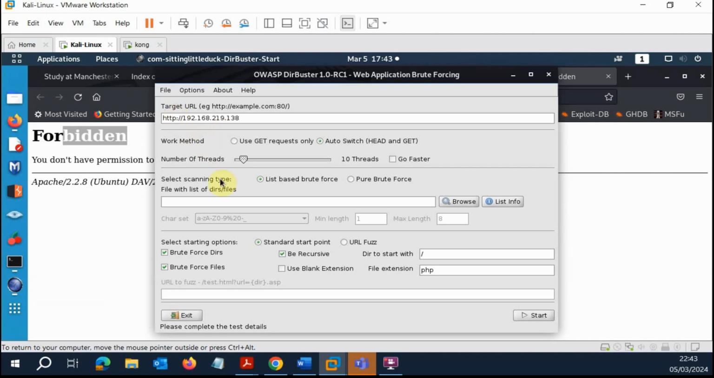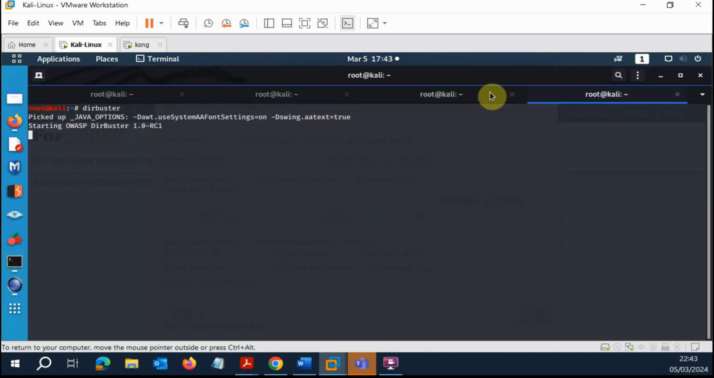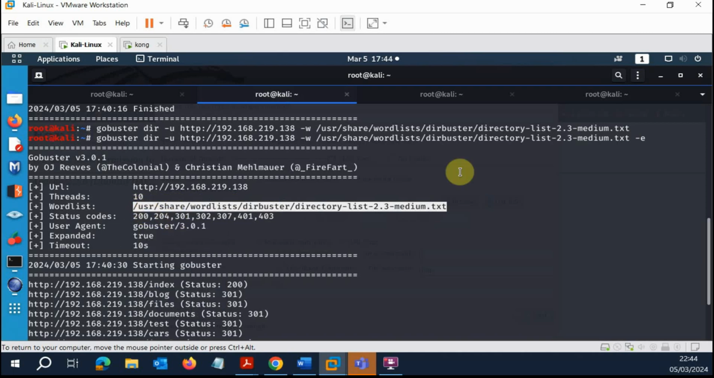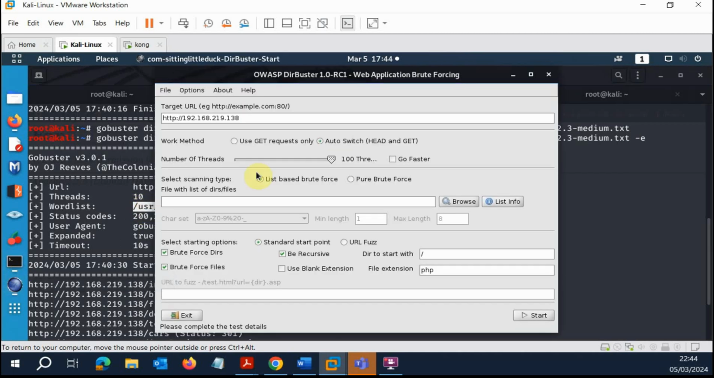We can make this faster by increasing the thread. Now it's asking us to select the word list. So we can just use the word list that we used before, the one we used for our Gobuster scan. We can just copy the same word list, put it into the tab here,